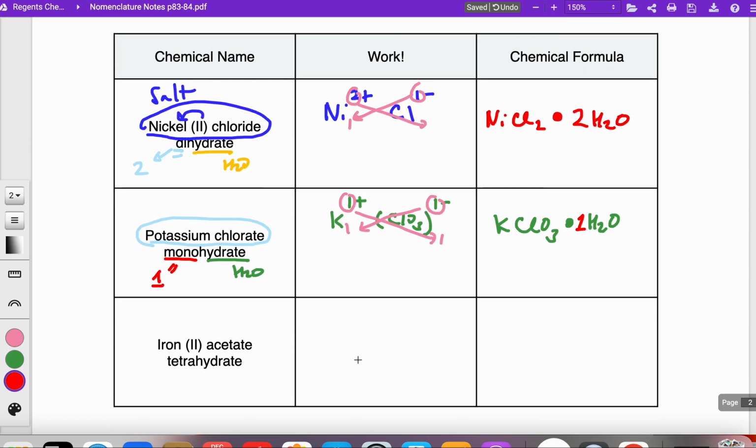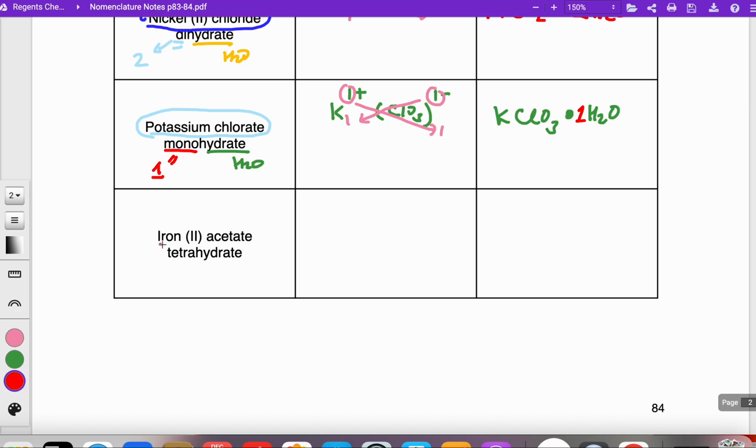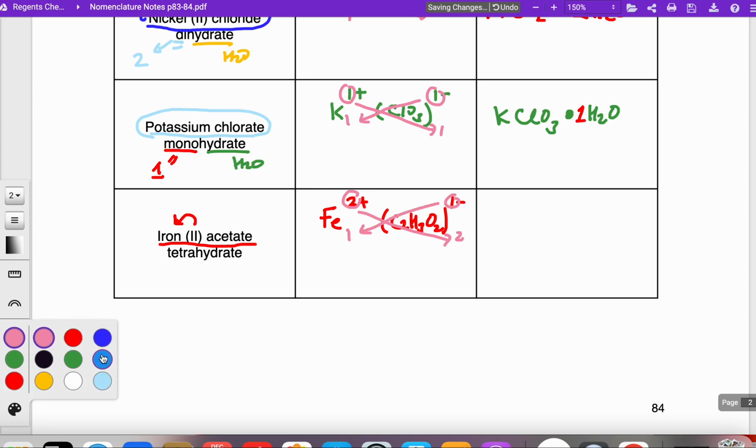One last example here. We have iron 2 acetate. Iron 2 acetate, this is the salt. Iron symbol is Fe. We have a Roman numeral of 2, which means it uses a +2. Acetate is a polyatomic, C2H3O2. It uses a shared charge of -1. Use your crisscross to get the subscripts for the salt. 1 to 2 is empirical in nature, so the salt's formula is Fe in parentheses